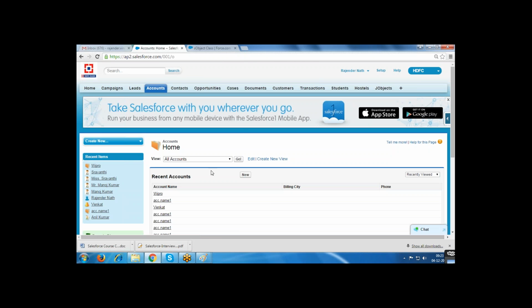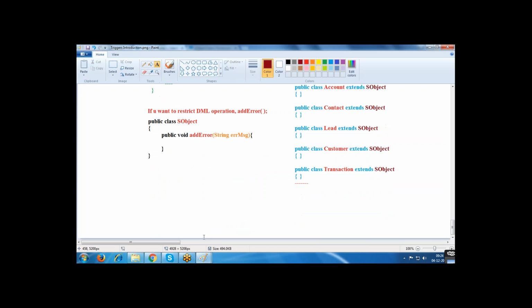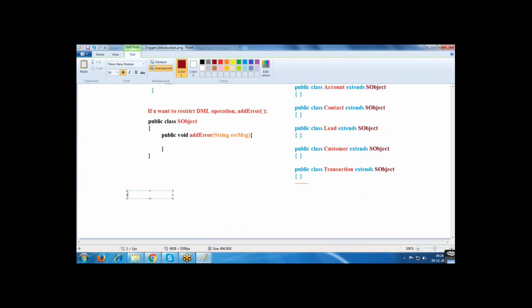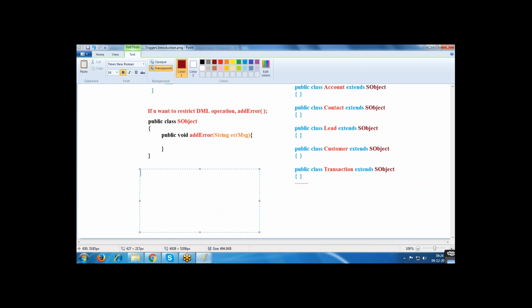So for this, we are creating one trigger. If you want to create triggers, in the standard object one navigation is there, and for custom objects another navigation is there, and we can create triggers in different ways.